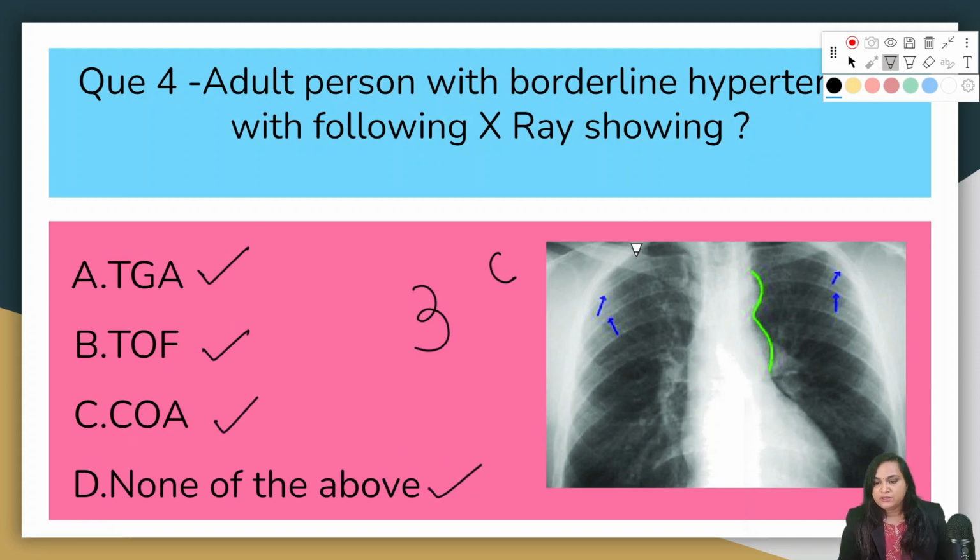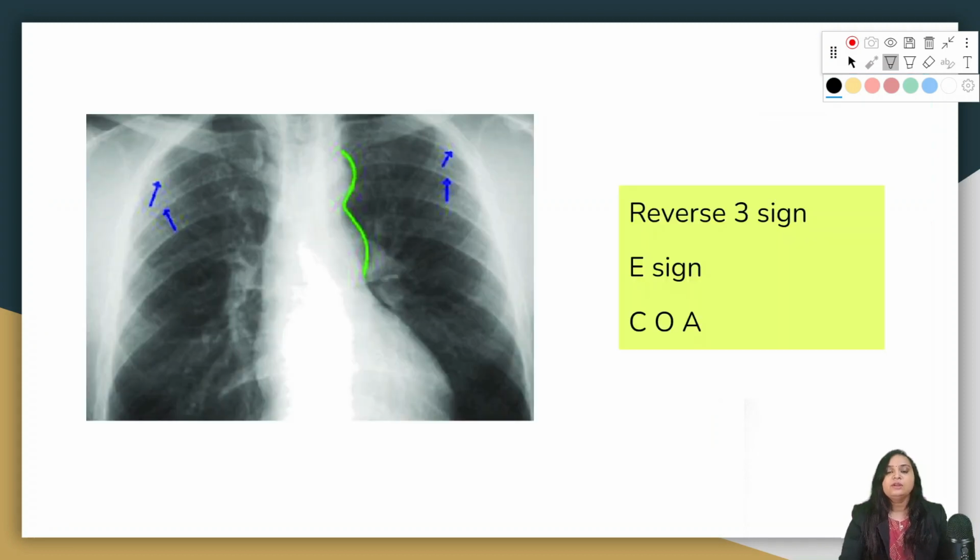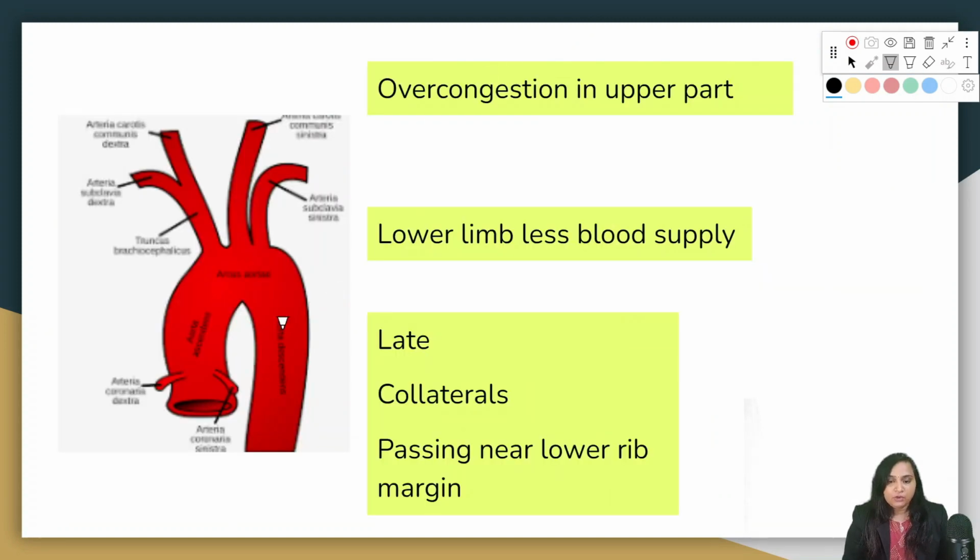There are two important things pointed here. One is notching of rib, as well as there is a 3 sign. So this is seen with coarctation of the aorta. What is happening in coarctation of the aorta? In coarctation of the aorta, there is an issue with the aorta. It means there is somewhere an obstruction. So in the upper part there will be over-congestion, in the lower limb there will be